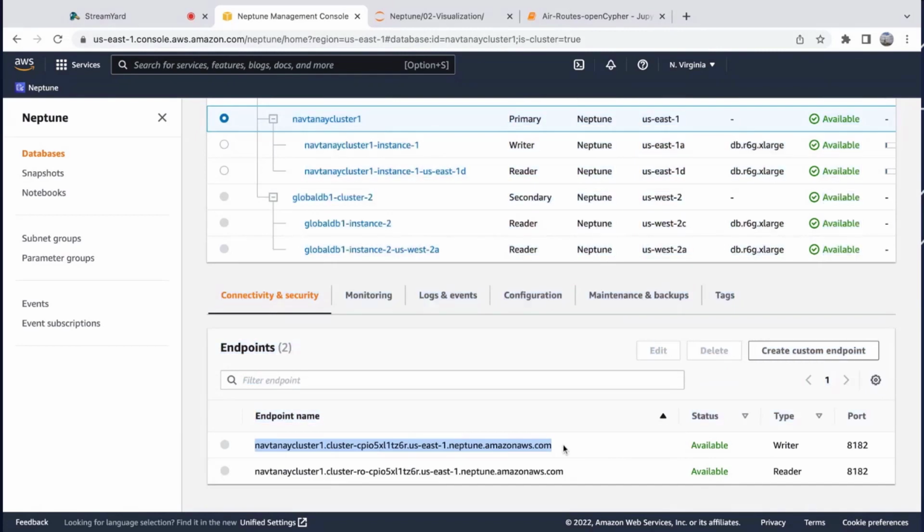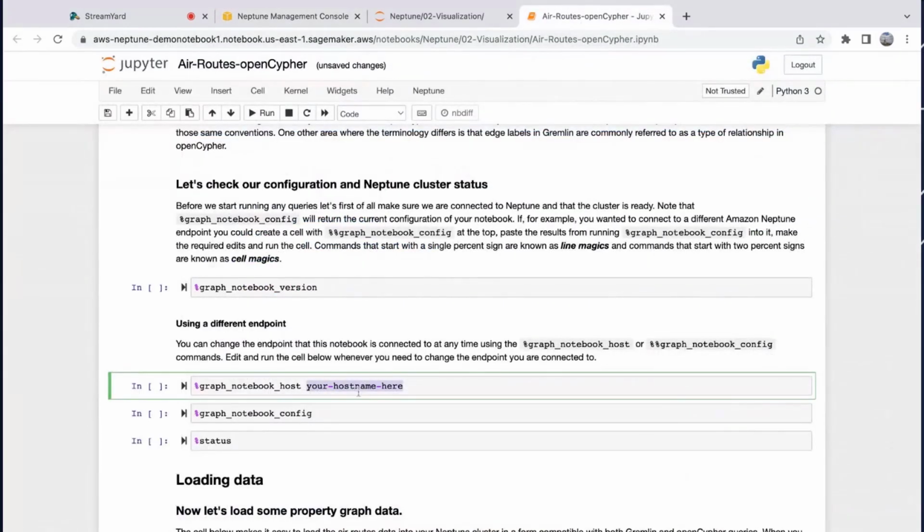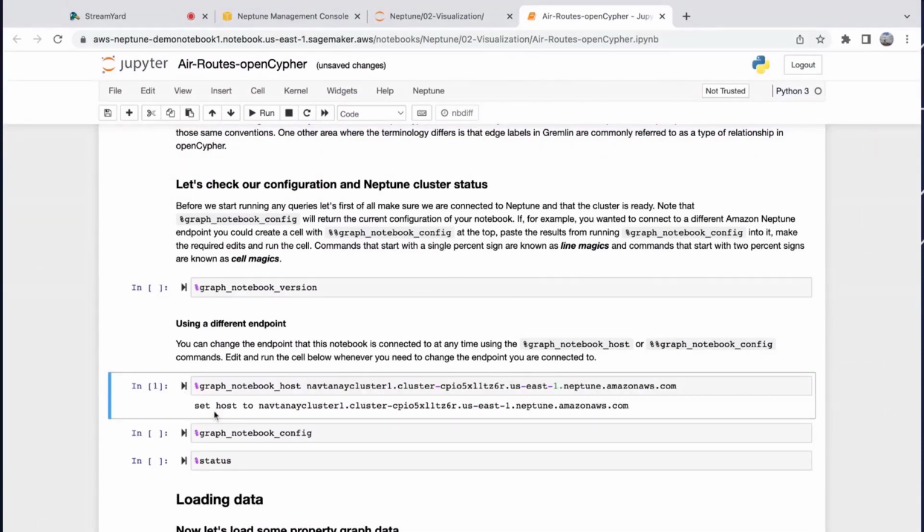So I will just copy the writer endpoint from here, go into my notebook again, and replace your hostname here with my writer endpoint. And then all I have to do is run this command, and my hostname is set